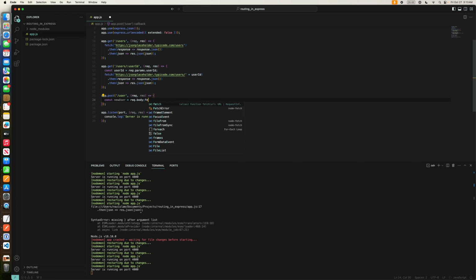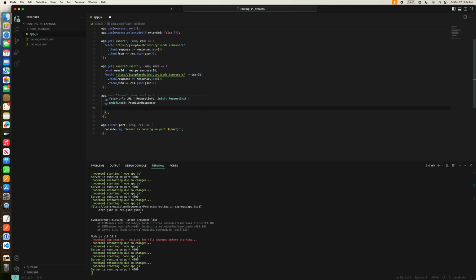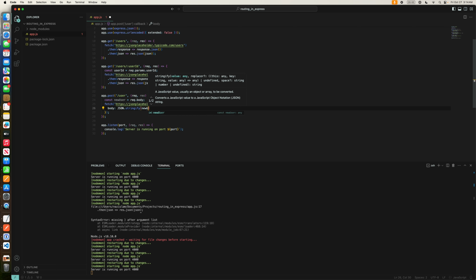Okay, so this will be a fetch call, as we have already been calling, right? So let's call this endpoint, right? And through this endpoint we can also pass some options, right? So within the options we want to pass the body as JSON.stringify, and then the newUser,